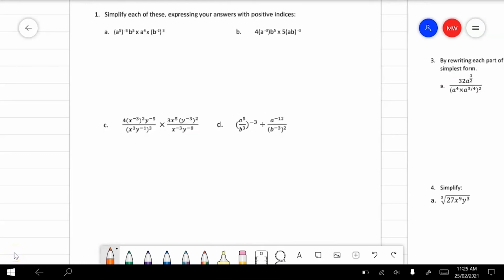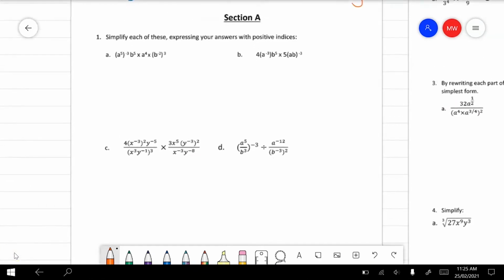To tackle these questions in section A, I would be trying to get everything to look like the first index law. In other words, we really want to just be multiplying things and adding together the indices. So I'll do these ones one at a time. In 1a, I'm trying to get rid of the brackets. So I'm going to expand this out so that it becomes